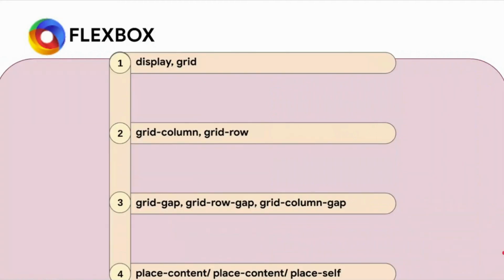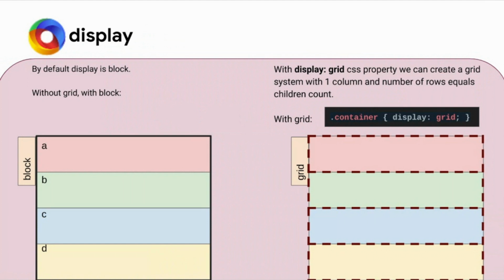Now moving to the grid system. Here in the block we have seen four different divs. Now if I put display grid, what exactly will it do? All that inner items would come into one grid, and it will always be one column, with the number of rows equal to the number of items. So whenever I put just display grid and no other grid property, it will automatically align it into a grid of 1 by n rows. So the number of items equals the number of rows. It is just a basic one.